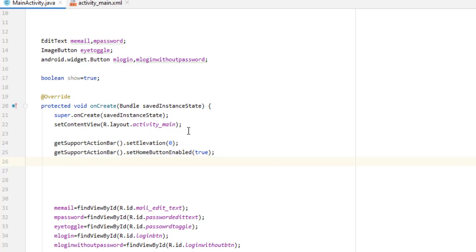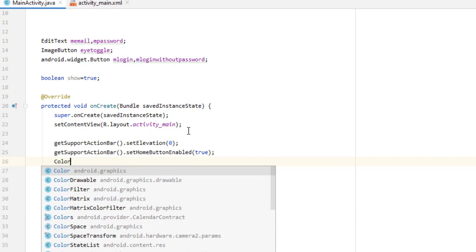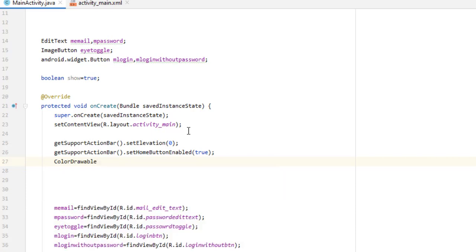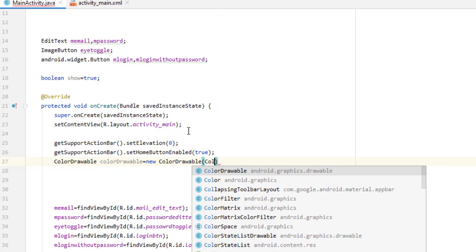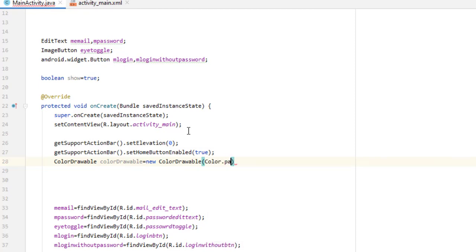Now first of all we have to declare a ColorDrawable to change the action bar color. So I type here ColorDrawable, then new. We have to create the object of this ColorDrawable, and inside this we have to type here Color.parseColor, and inside this we have to pass the color code. So you have to take a hashtag here and you have to place this inside double quotes.